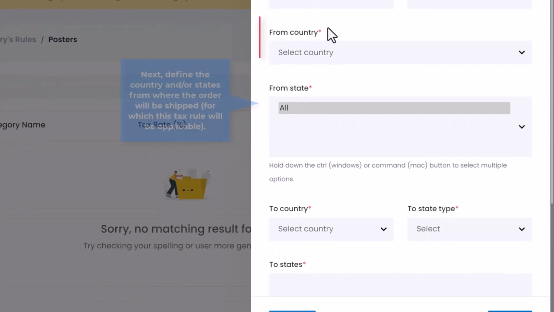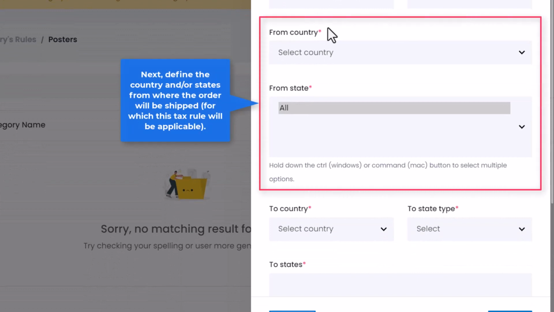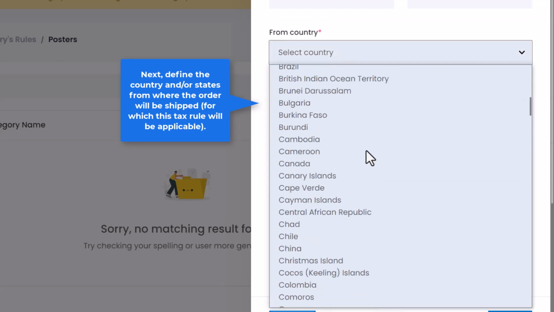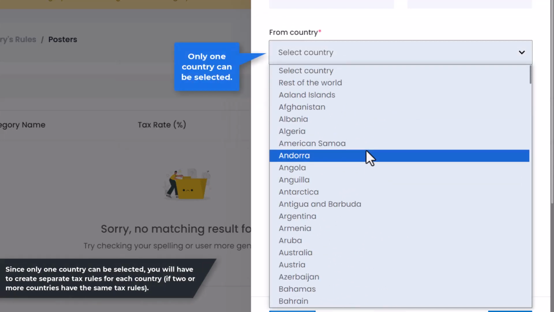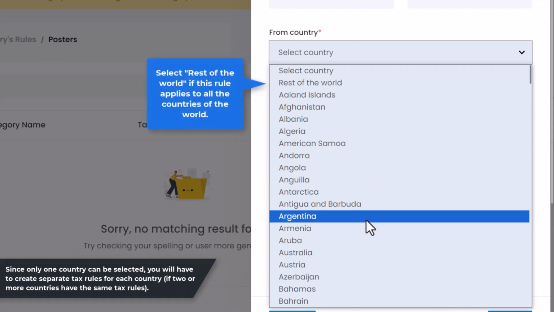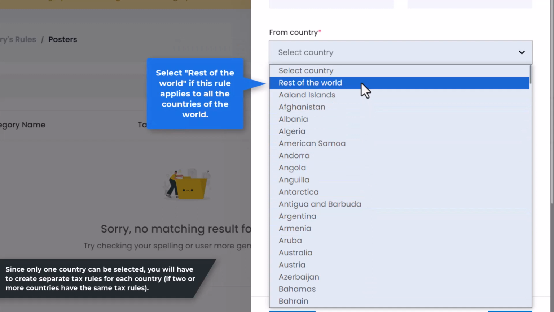So the next step includes defining the country and state or states from where the order will be shipped. Click the field and scroll through the list to select the applicable country. Kindly note that while making a country selection, only one country can be selected. Select the option, Rest of the World, for when all the countries in the world follow the same tax rule